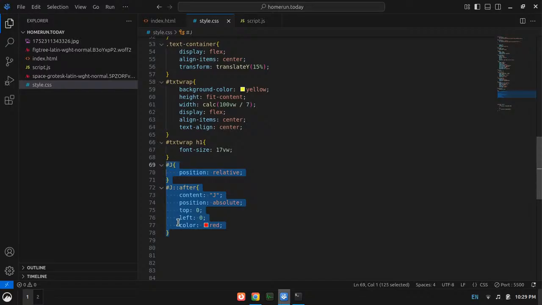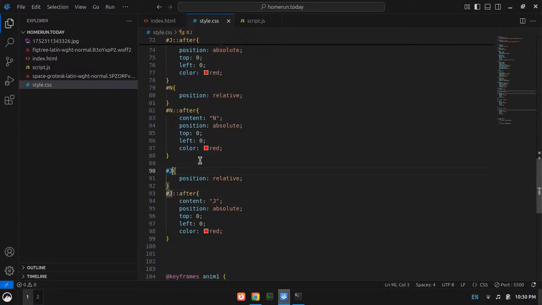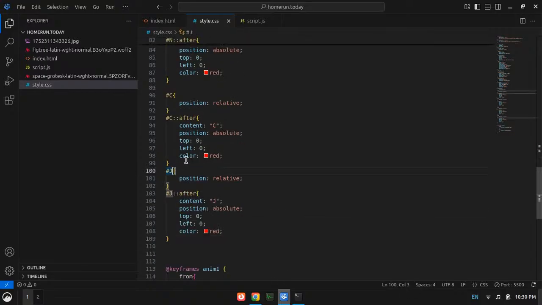I guess I will just copy and paste most of the code, but just change the letters. J, then N, and then again paste, but this time I will say N, then C. I will set it to J and then select the rest, and then C, and then O. I am sorry.